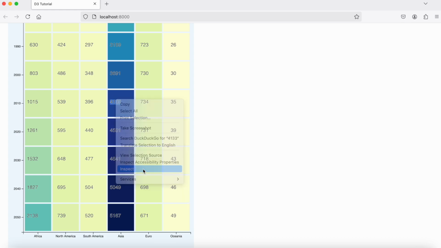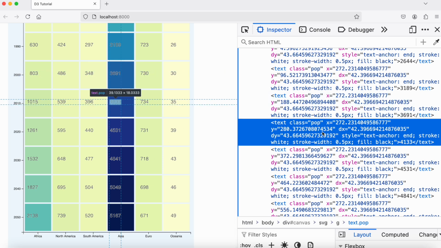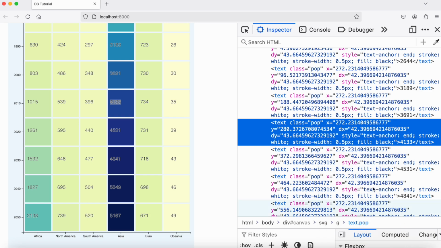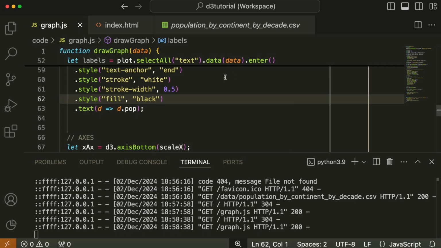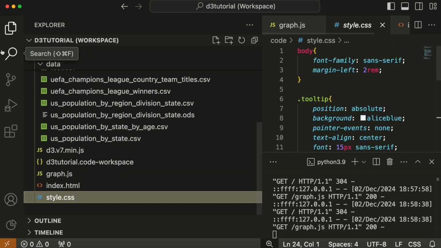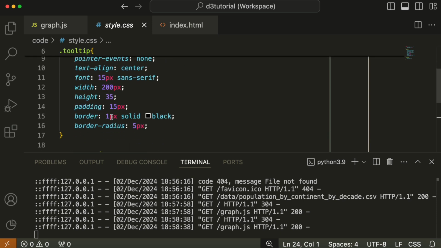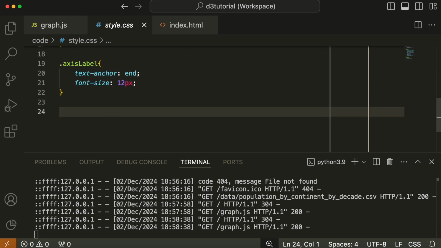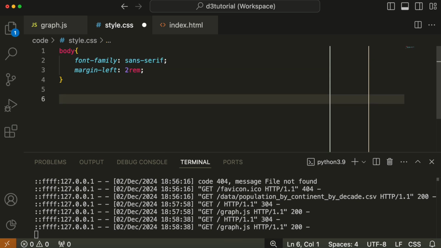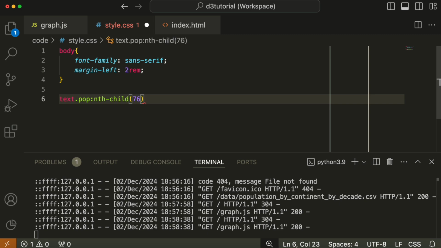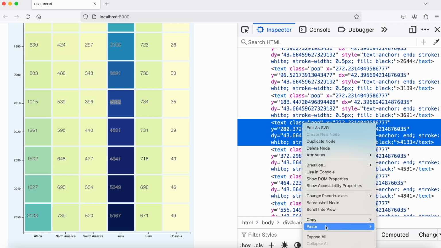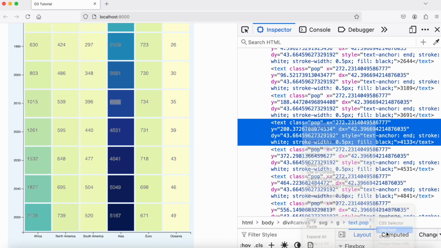So the alternative solution we're going to use is we're going to go to the CSS. So if you right click on the labeling inspector and go to copy and go to CSS path, and then if you open your style CSS file, paste the path. We could just get rid of this because there's going to be a tooltip, or I'm not going to put axis labels in this. And that's not a path, that's a selector. Copy it correctly this time. Right click, copy, CSS path,